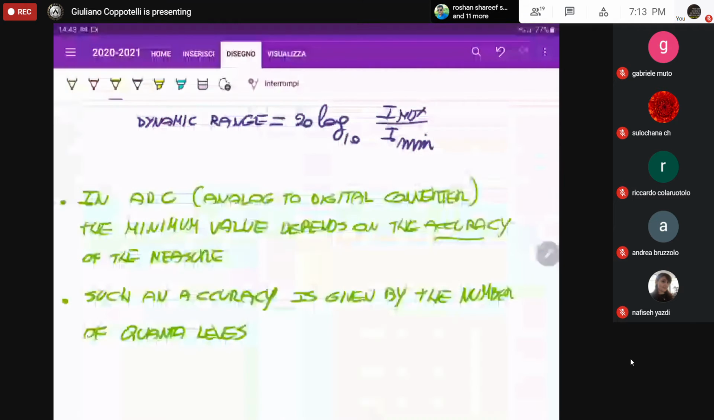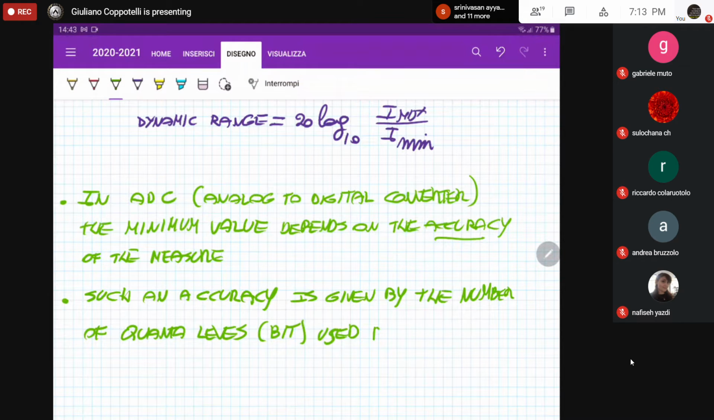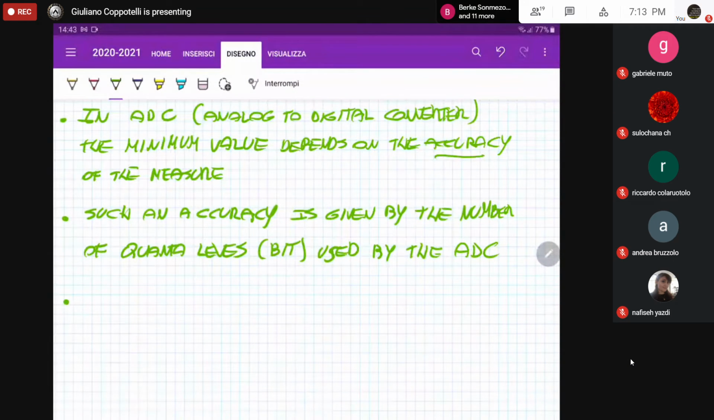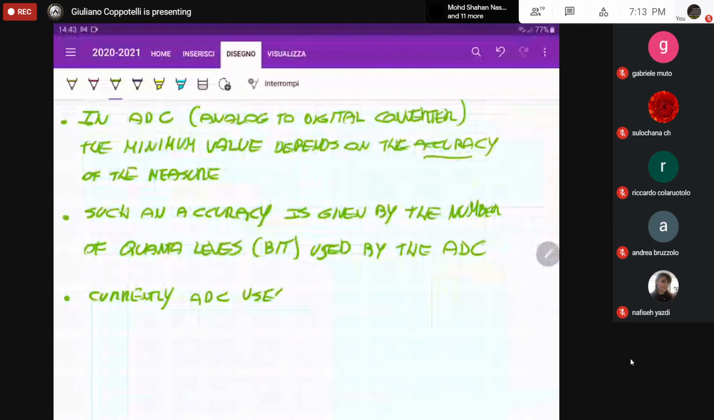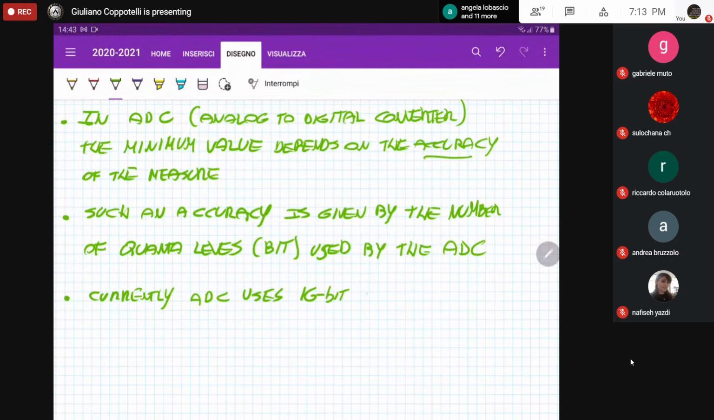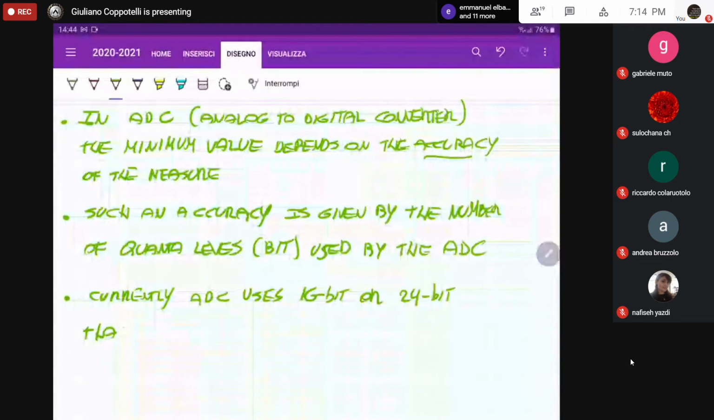Okay, that are just referred to as bits, that are used by your ADC converter. Generally, this ADC uses 16 bits or 24 bits as quanta levels. That is, just to give you an idea, that is the number